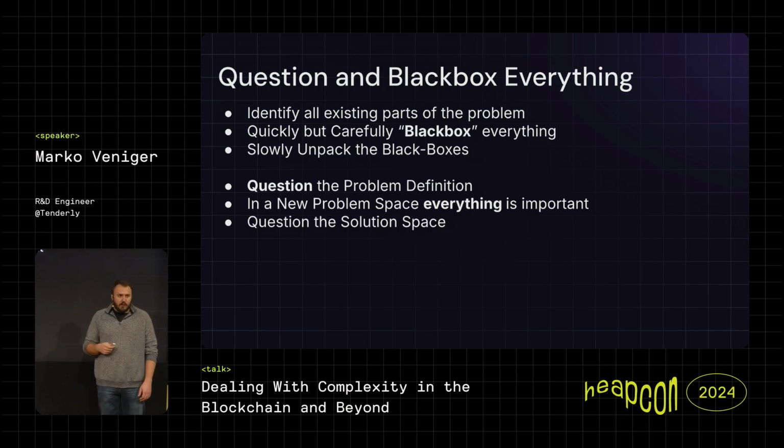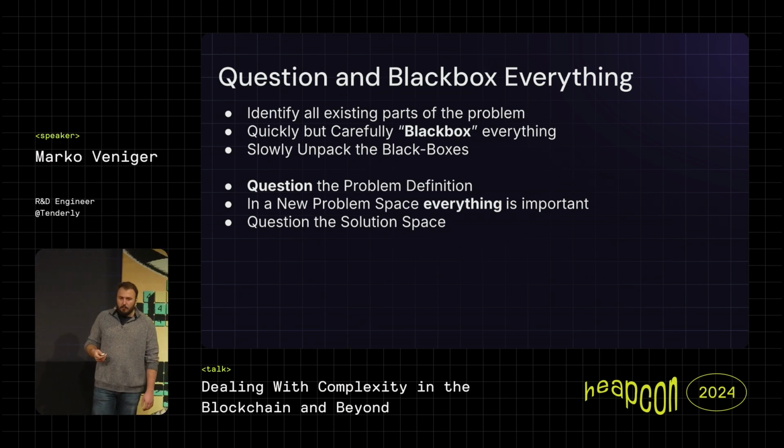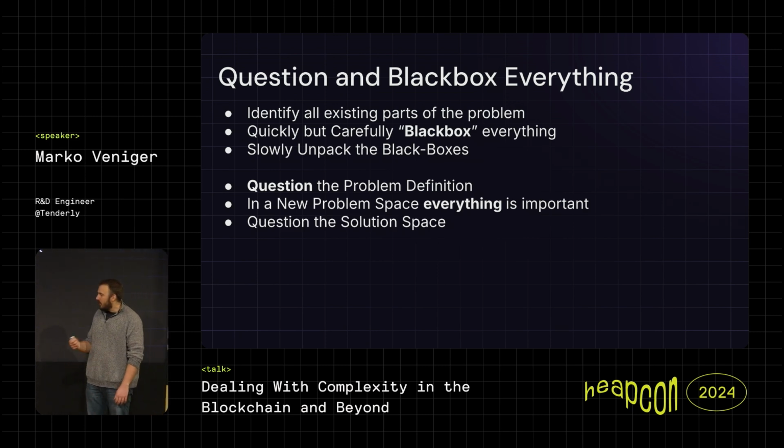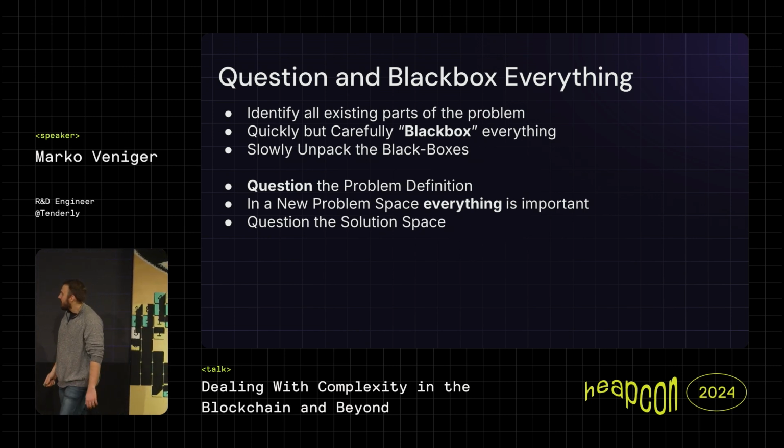What are the inputs? What are the outputs? What are the interested parties? Who is going to benefit from this? Why am I doing this? And in a new problem space, every single detail is important. You can't know in advance what you can disregard, what you can forget. Then you just black box, put it in the back of your head, and try to remember it. Maybe if something else calls back to some of the black boxes, you're like, okay, let's learn a bit more. What's this process? How does it work? And stuff like that.